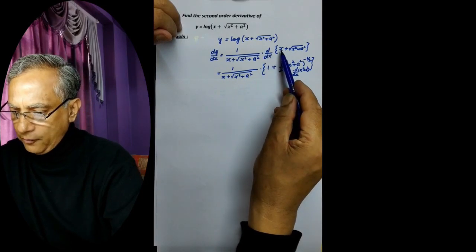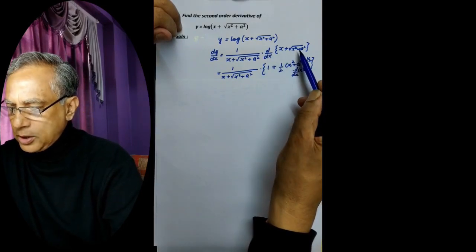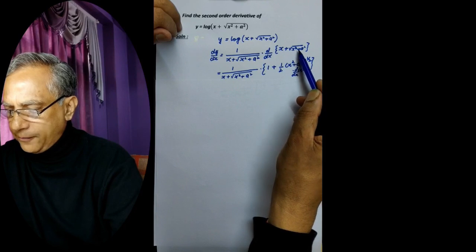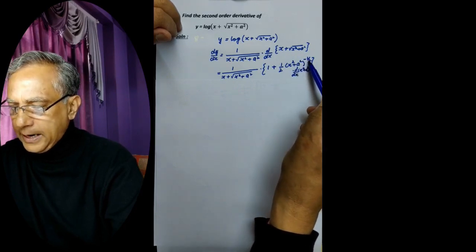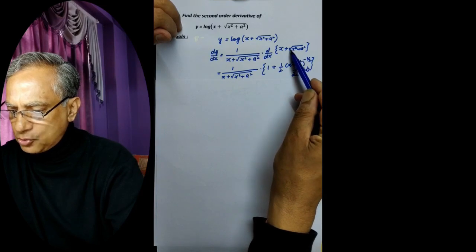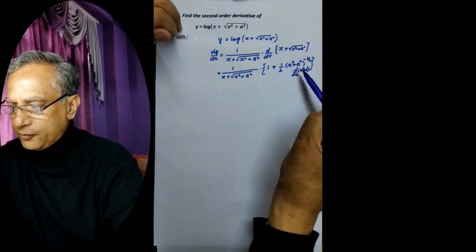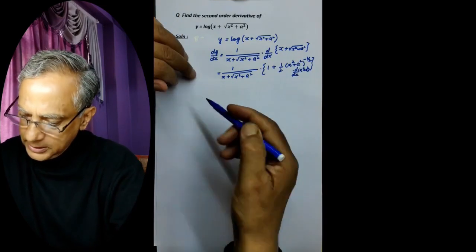This will be differentiation of x is 1. This is (x² + a²)^(1/2). So differentiation will be half (x² + a²)^(-1/2), and instead of x we have x² + a². So we must take the differentiation of the inner function. So this is equal to